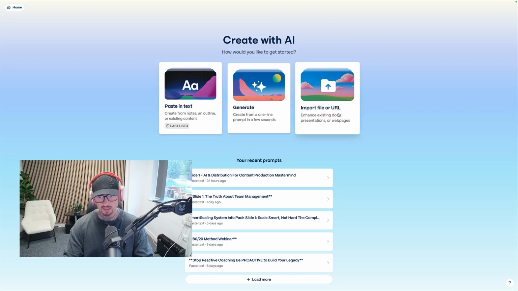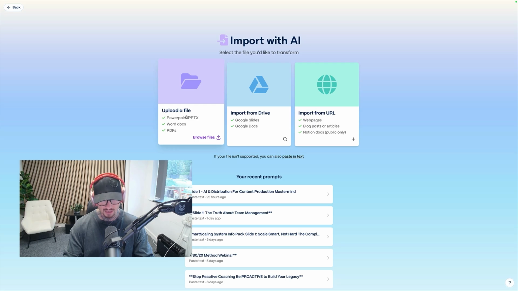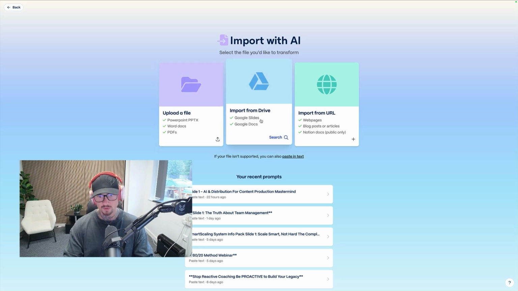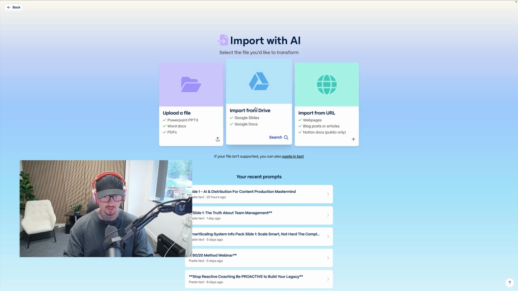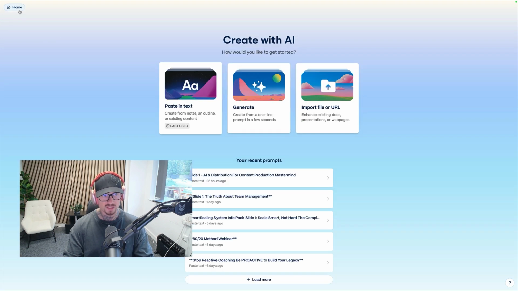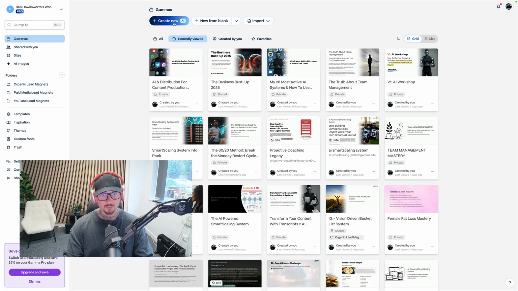And you've also got the ability where you can basically import actual files from your computer, information from your Google Drive, and import URLs as well if you want to build a presentation or a document or a resource or do anything that you need to do. So just as a little bit of an introduction, this is going to have the ability to generate multiple different